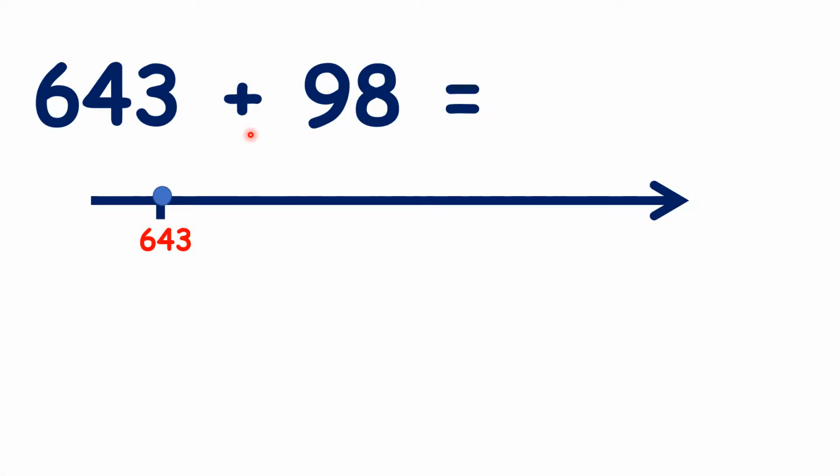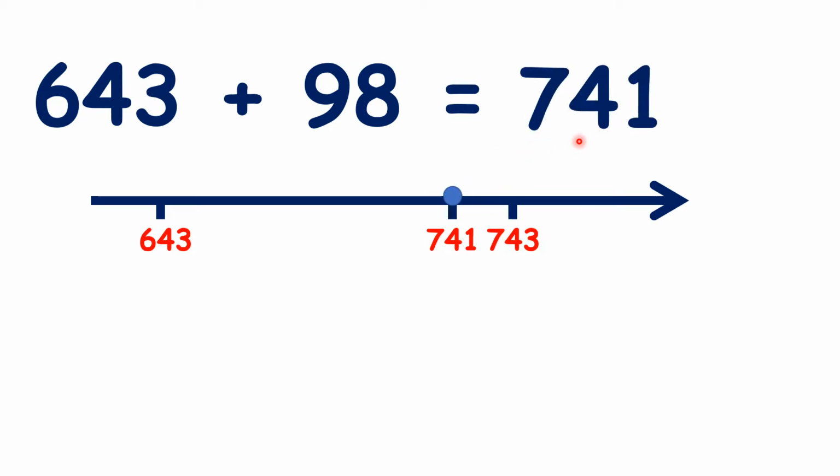So we need to be able to add by adjusting, and though I've drawn a number line here, you should be able to do this mentally in your head without any working out. Now here we're adding 98, and 98 is the same as 100 take away 2. So adding 100 to 643 is easy. That gives us 743. And then taking away 2 is easy. That gives us our answer,